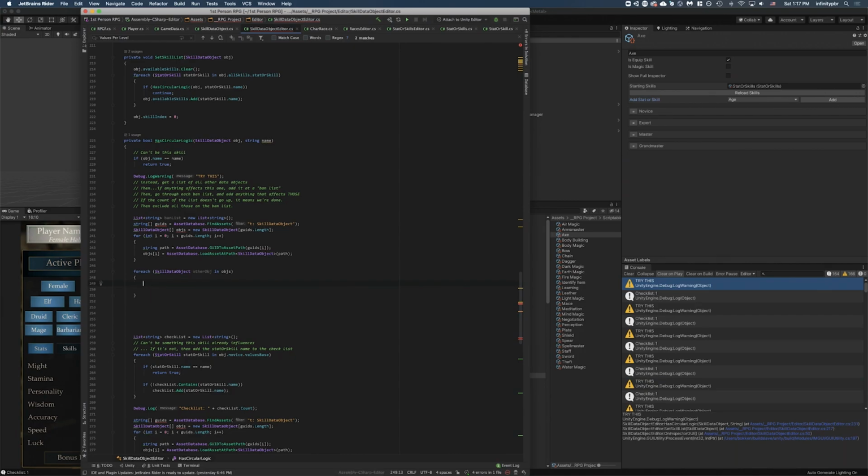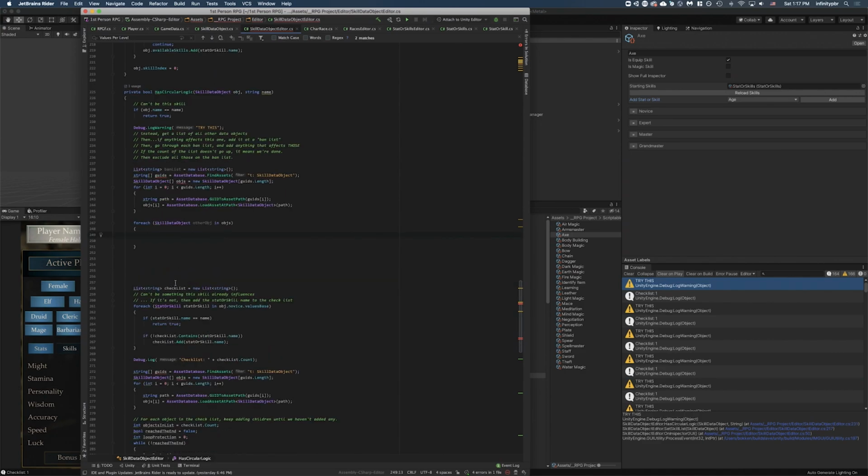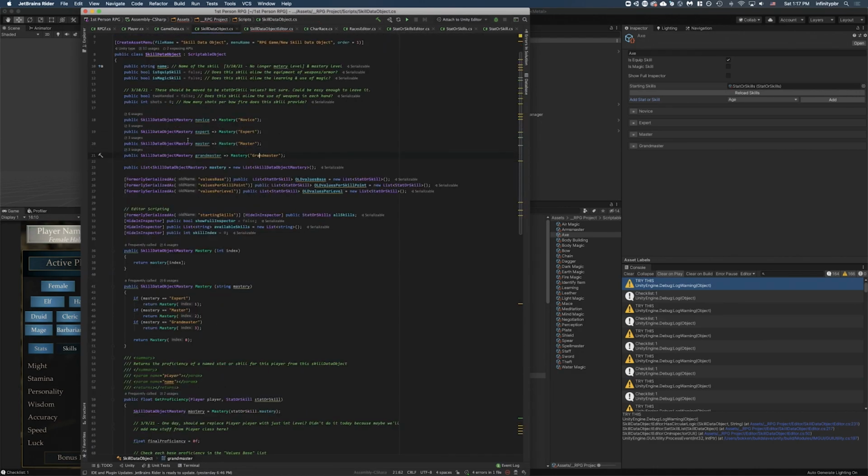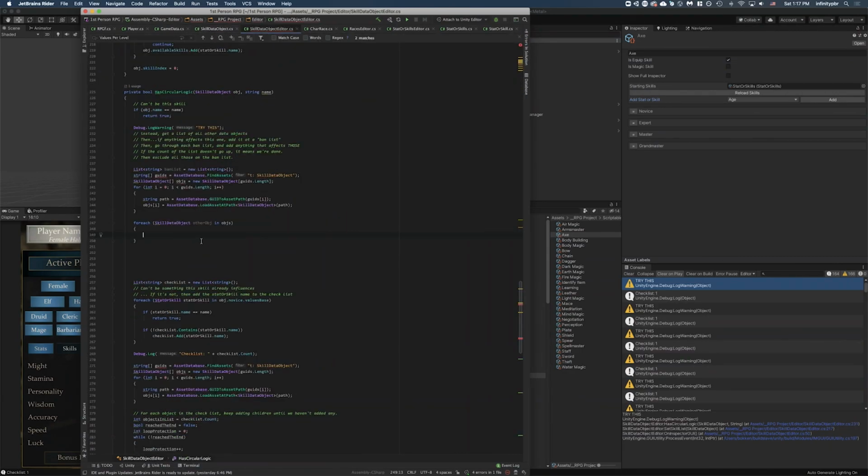And now let's see. All right, so for each one, we're going to check to see if it affects this skill, and if it does, we're going to add it to the banned list. Each skill data object right here has these nice little helper things, so they're going to be the same. If something's affected on novice, it's also going to be affected on the other. So we really only have to check one, and it's going to be affected on all 3 of these. So we only really have to check one of those as well. So what we're going to say is